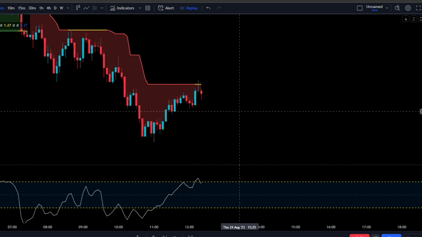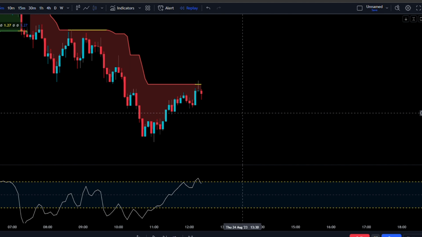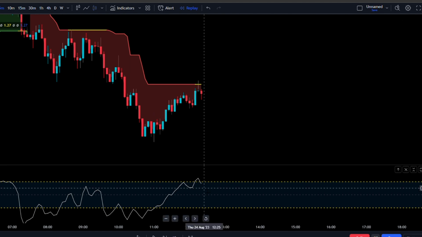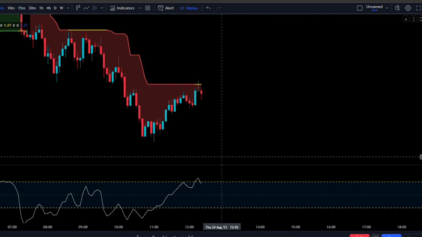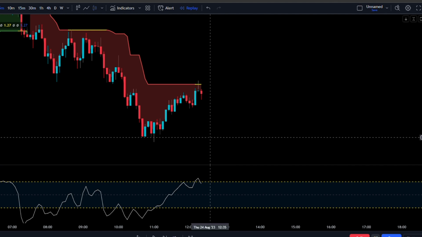So now all these confirmations have been in check. This is a valid resistance. We're going to wait for our entry signal, which is the CCI line becoming overbought and then also breaking back below the yellow line. Now once it's broken back below the yellow line, we can now take this as a valid entry signal only if price action has printed a bearish candle that has broken past the low of the